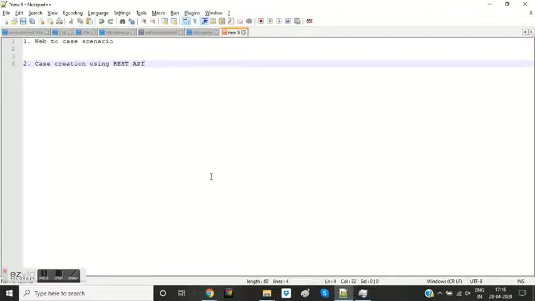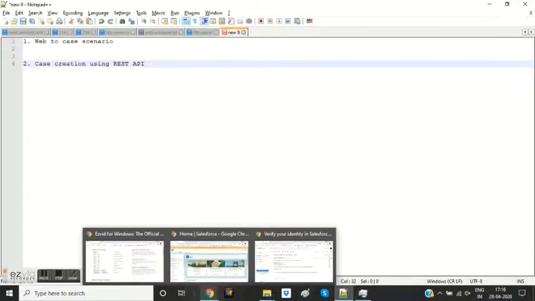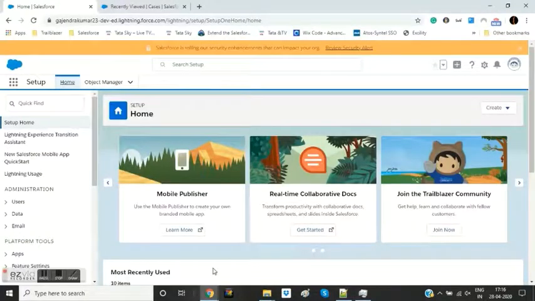We do not have to do any customization, or write any piece of code for this in Salesforce. It is enabled by default in Service Cloud. So let us see how it works. For that we have to log in into Salesforce and go into web to case